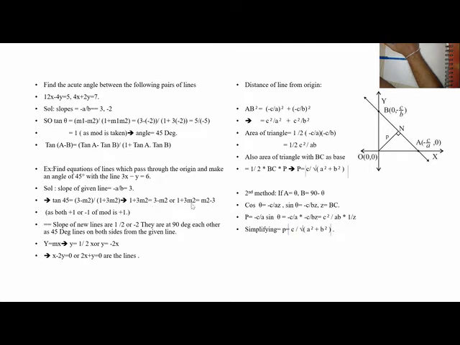Both possibilities are there. If it is 3 minus m2, this is equal to this, so 1 by 1, 1. If it is m2 minus 3, 1 by minus 1, minus 1. Minus 1 also under mod becomes plus 1. So for both cases, if I solve, I get 1 by 2 and minus 2. Otherwise, there will be two lines.